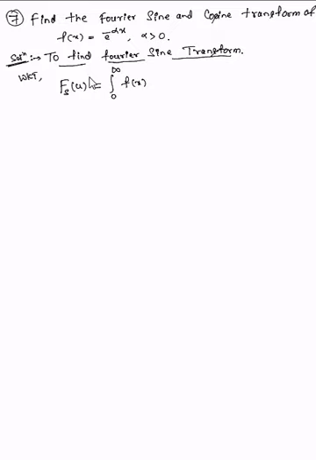Right? So we know that the formula for Fourier sine transform is Fs of u equals integral 0 to infinity f of x into sine ux dx. So this is the formula for Fourier sine transform. And you know what is f of x here? F of x is e power minus alpha x. Let us substitute. If I substitute f of x, we get integral 0 to infinity e power minus alpha x into sine ux dx. Right? So we have substituted f of x for this.